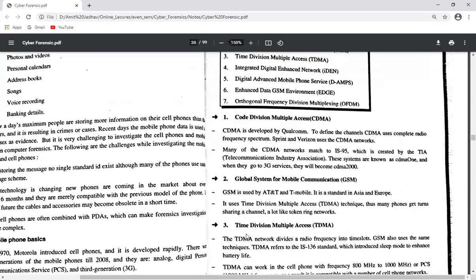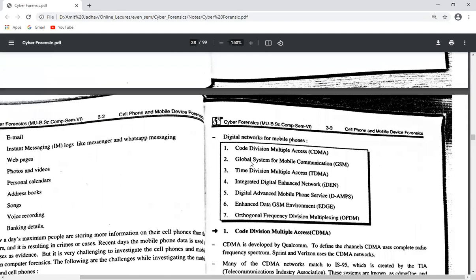Next, these are some detailed networks for mobile phones, important technologies that we use regularly. First is Code Division Multiple Access, that is CDMA. Then GSM, Global System for Mobile Communication, which we use regularly. Then TDMA, Time Division Multiple Access.